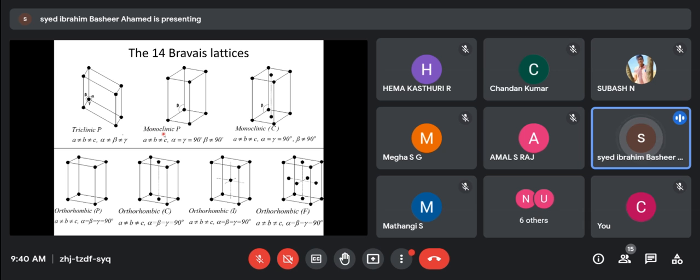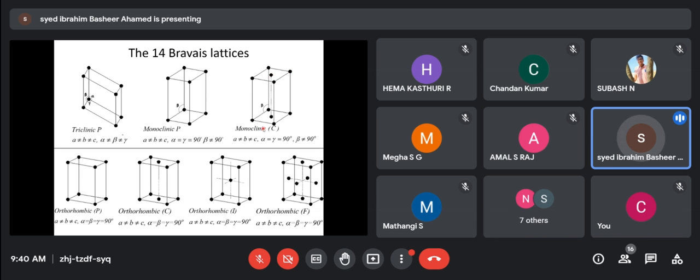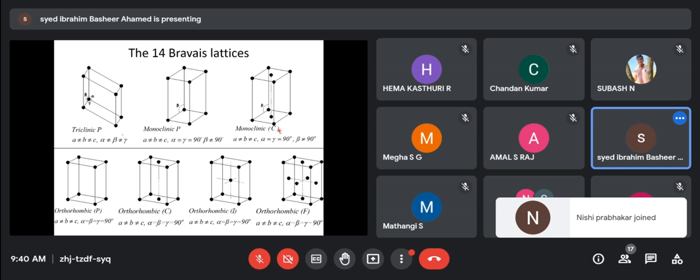All right. So if you see the monoclinic system, you have lattice points at the corner, which is a primitive cell. And here if you see this monoclinic again, okay, you have lattice points at the corner and also at the center of the monoclinic system. So you have them in the corner as well as in the center of the cell. So such a cell is called monoclinic C, which is denoted with a capital C. Okay, so it's a capital C.